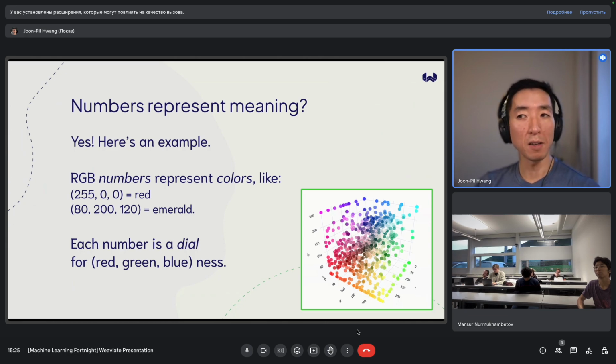So now if I plot a bunch of colors in 3D space by their red, green, and blue values, this kind of cool thing happens. These colors that I've shown here are just outputs, if that makes sense. So these dots are not organized by color. These dots are organized by RGB values. But what happens as a result of that is that similar colors end up next to each other, right?